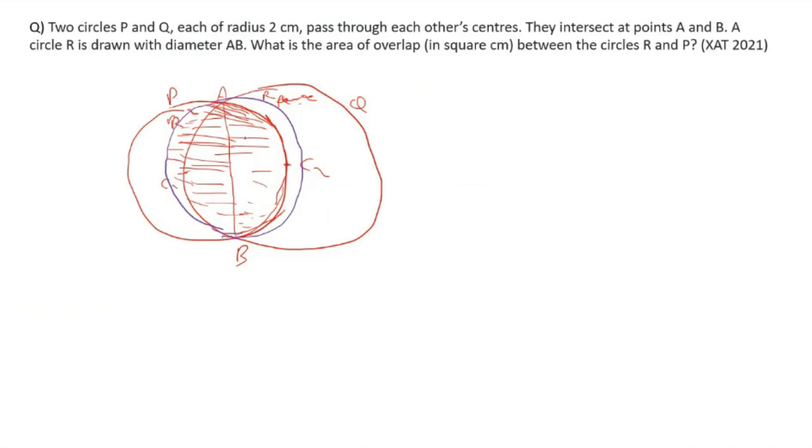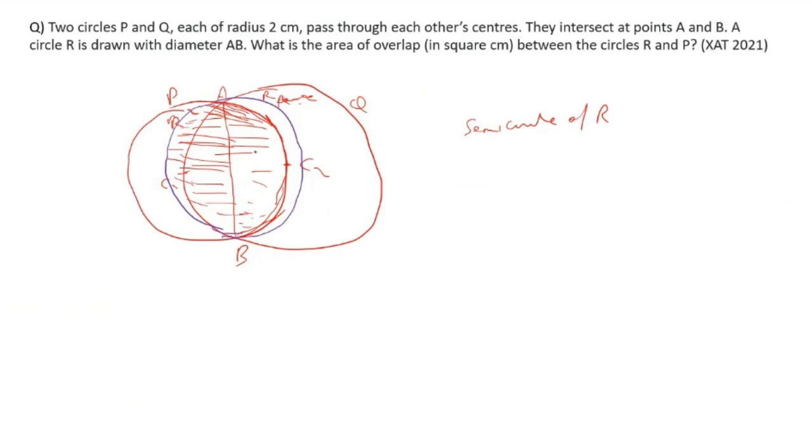Again, a similar mechanism. This is the area, break it down into figures that we are comfortable with. Simple principle. I can clearly see that this AB is the diameter of R, of this blue circle. So if I need to find this area, this portion is a semicircle. Why? Because this is the diameter of R. So this will be a semicircle of R. So one portion is definitely a semicircle of R. Here, the remaining part, which is this one,